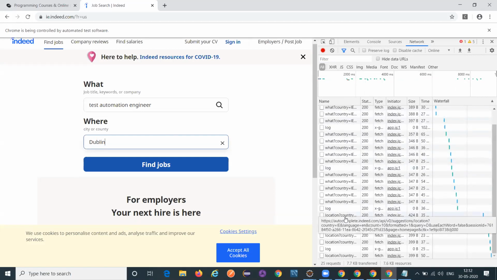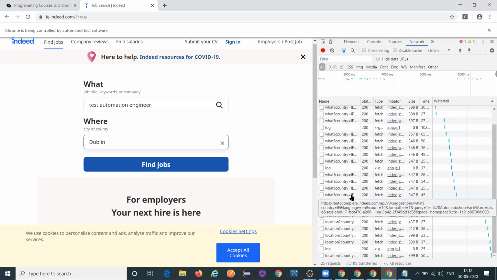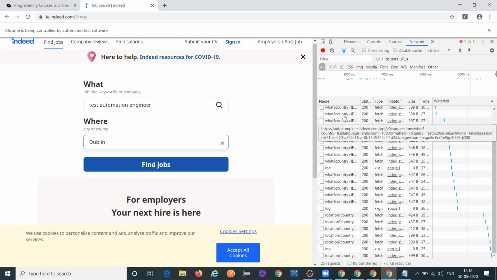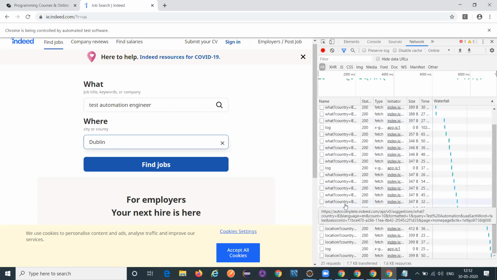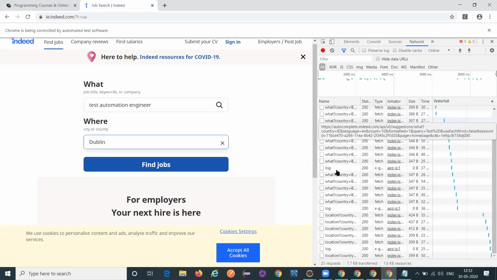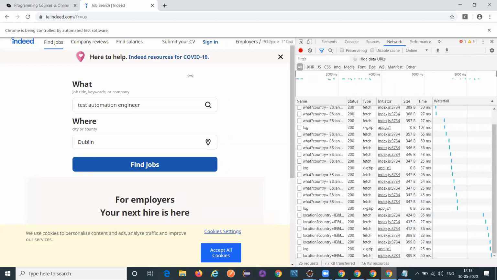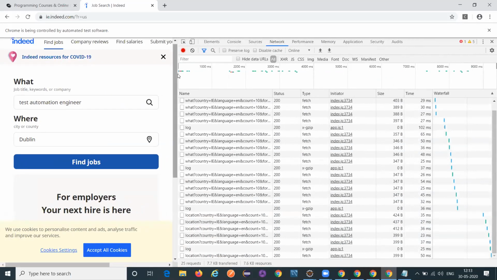Why these calls are being made, guys? Anybody can give me an answer? I didn't even click on find jobs yet, but I still get these calls. Why? Pavan, can you expand this window a little bit? Yeah, that's it. Okay. Why these calls are being made? If you go a little bit to the top,